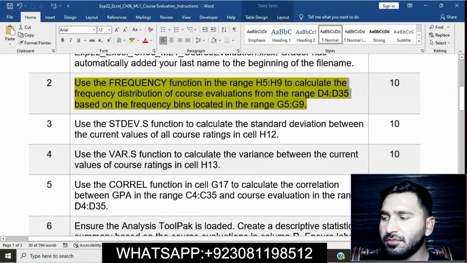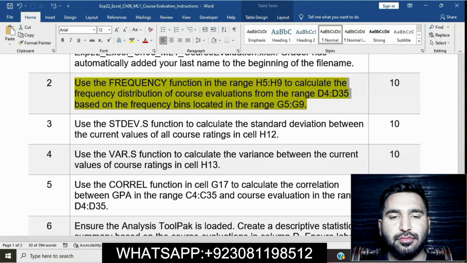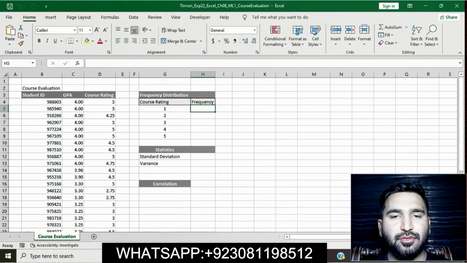Moving on to the Excel workbook, we will enter the FREQUENCY function using this range. First we enter this range H5 to